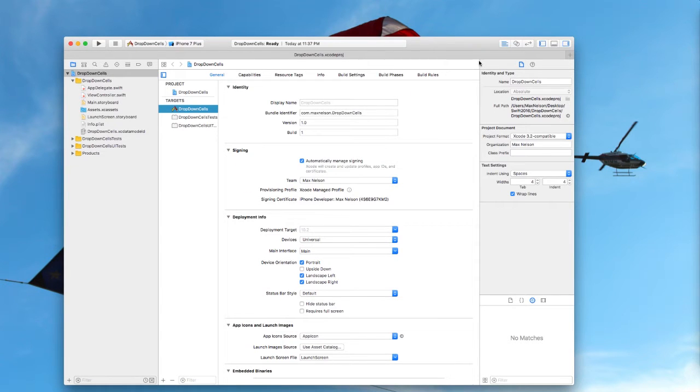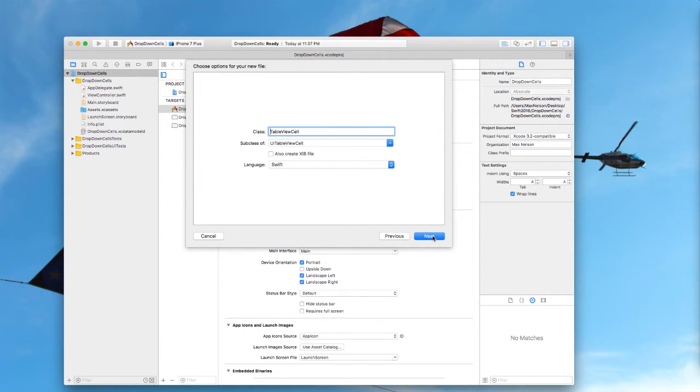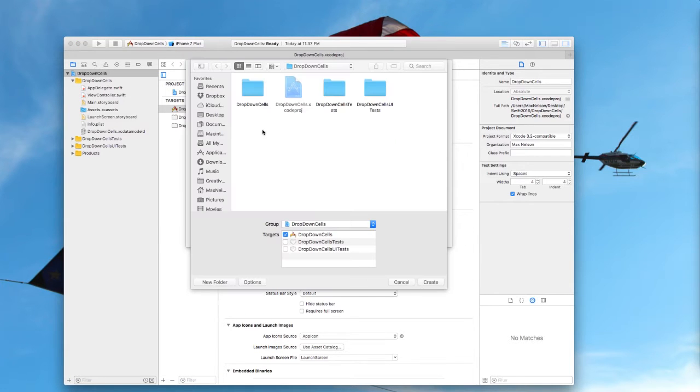Alright guys, so the next thing we're going to want to do is create a new file. So go to File, New, and then File. Go ahead and do Cocoa Touch class and hit Next. Then name this stackview because we're specifically going to be learning how to use stack views. Go ahead and create nib file, and then make it a subclass of UITableView and hit Next. Alright, so go ahead and hit Create,